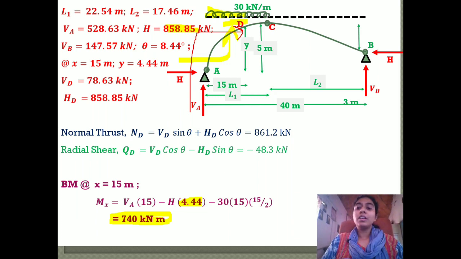That's all. So today we have only one problem, and for completing our syllabus we have only one more portion. We will complete it in 2 or 3 classes. The next portion is influence line diagram for arches, and one theory part also, that is Eddy's theorem. After discussing Eddy's theorem, we will go for influence line diagram for arches. We will see that in the next class.